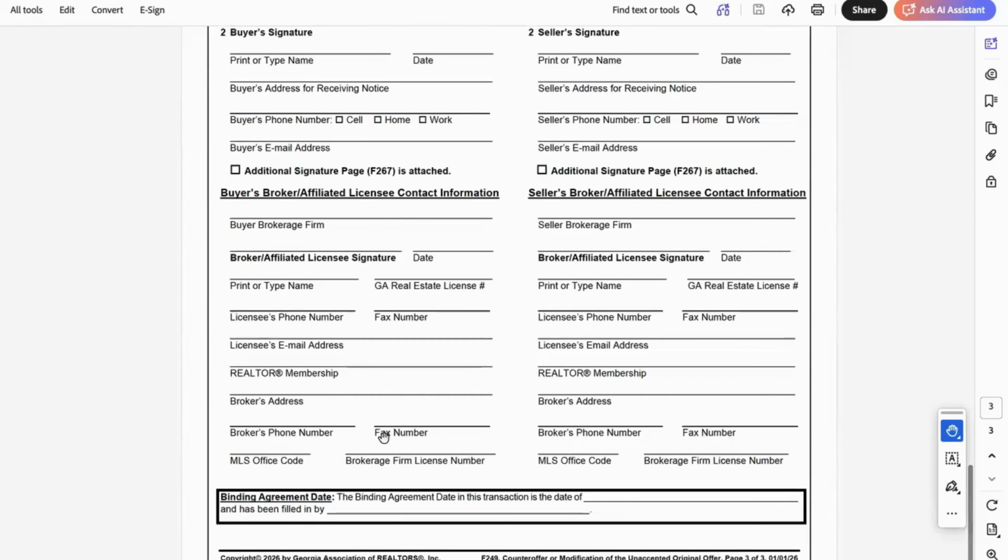The binding agreement date is when everyone has come to an agreement on the terms and conditions of the contract. And this concludes